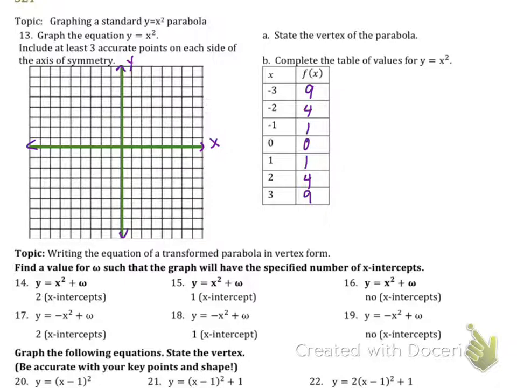So now I can plot points. So I can plot 0, 0, 1, 1, 2, 4, and 3, 9 will be up here somewhere. Similarly, -1, -2, and -3. So your art doesn't have to be beautiful, just needs to be close. As you can tell, mine is not the most amazing. But what it does is it helps